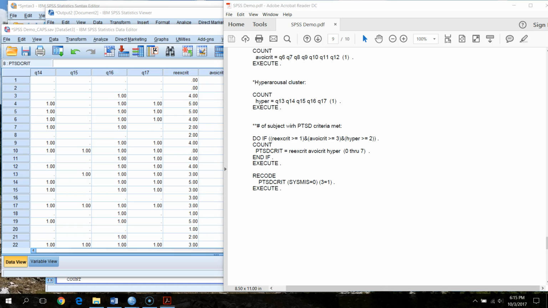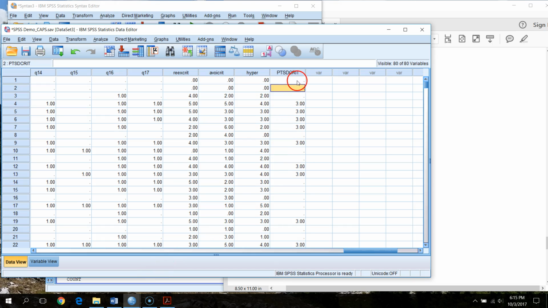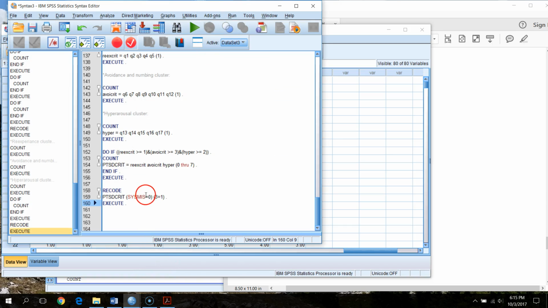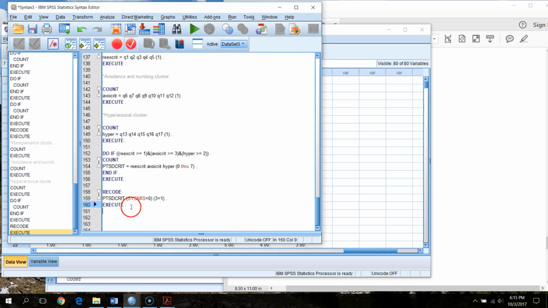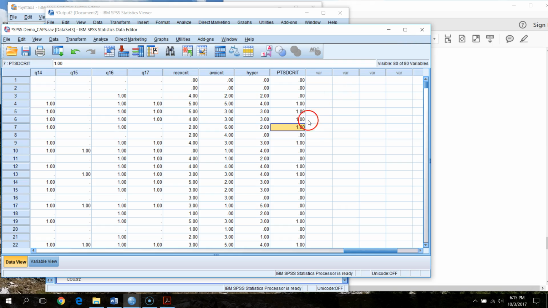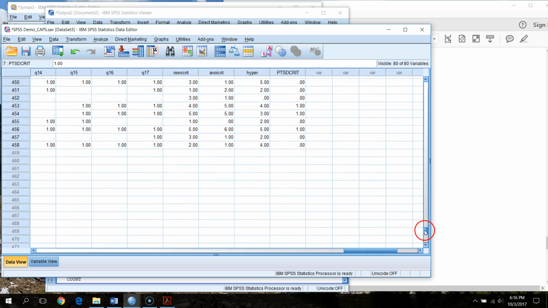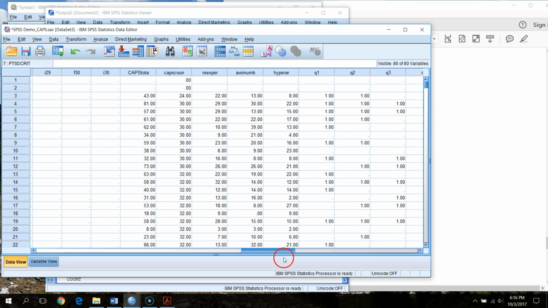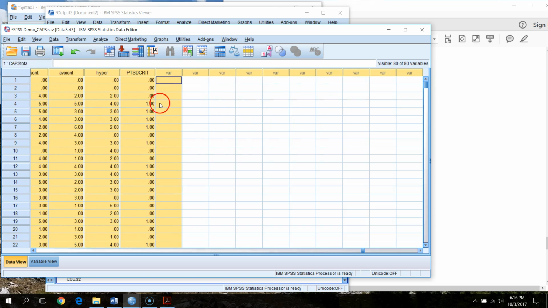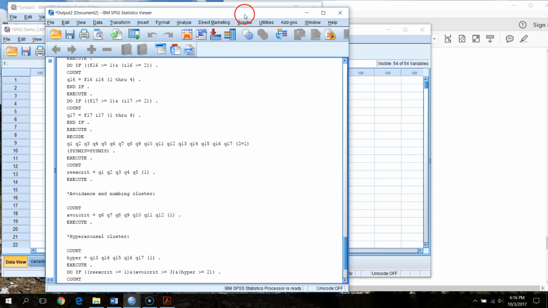Okay, and then the last thing we can do is recode our PTSD crit so that any system missing, any of these values that don't have a value, we're telling it to recode sysmiss as 0, and any value of 3, which is the only value that it can have, equal to 1. We run this, and now we have a variable that has our PTSD diagnoses. What's nice about this, and this may all seem very tedious, is that if we've got this scoring syntax down and we know that it's all right,